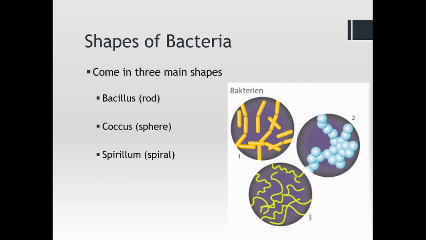Shapes of bacteria. They come in a variety of shapes, but these are by far the three main shapes. You have bacillus, which is picture number 1, coccus, which is picture number 2, and spirillum, which is picture number 3. And of those three, bacillus and coccus are the most common. There are a number of spirilla bacteria, but bacilli and cocci bacteria are the most abundant. That's their most abundant shape. Why? It's their favorite shape. I don't know. It's most convenient for them, for their ability to live in the different environments that they are in. So these are the three main shapes.